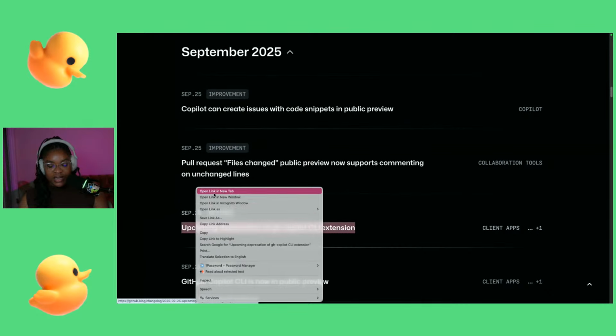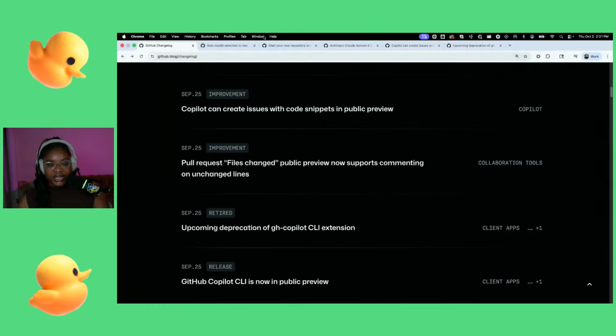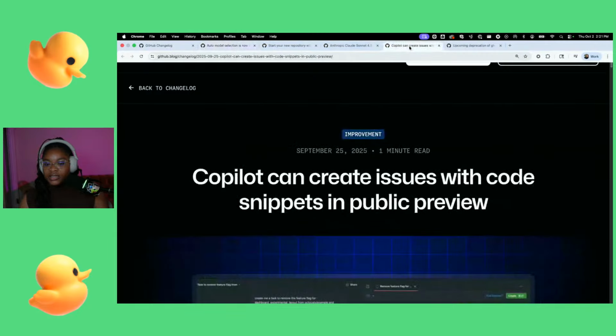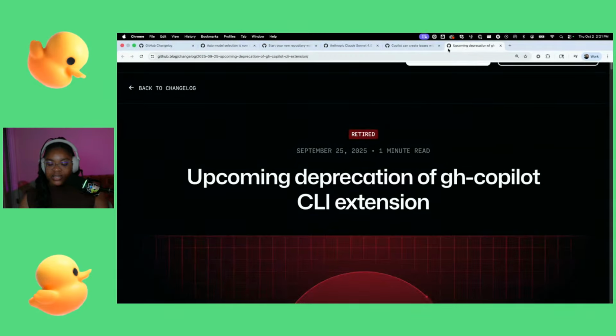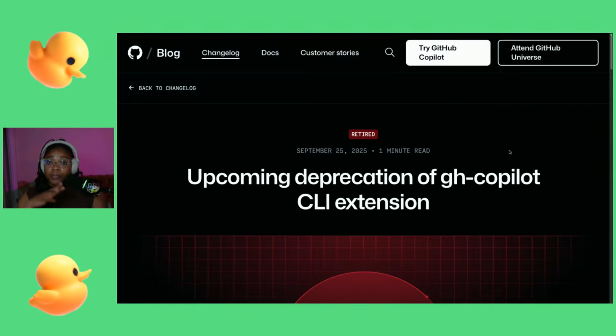And then there's also the upcoming deprecation of the GH Copilot CLI. So we recently launched Copilot CLI, right? The GitHub Copilot CLI, which allows you to build, ship, and test applications in your terminals. And so with that comes the natural deprecation of GH Copilot.